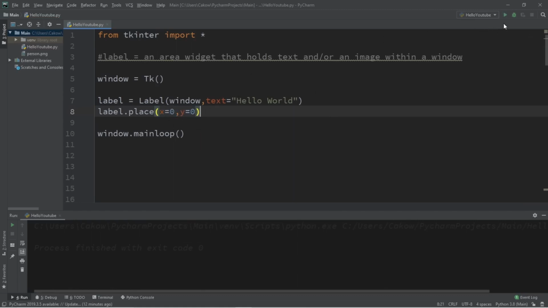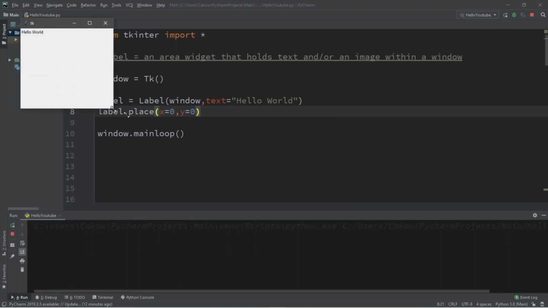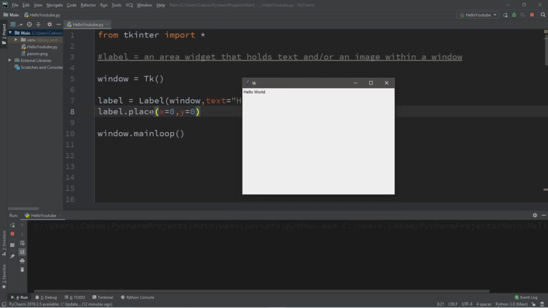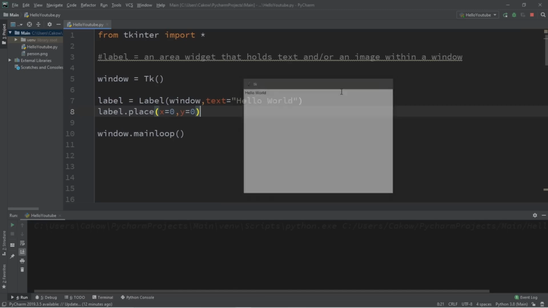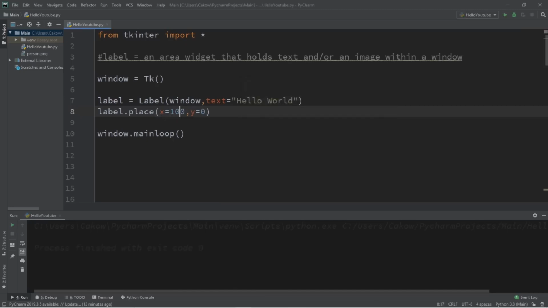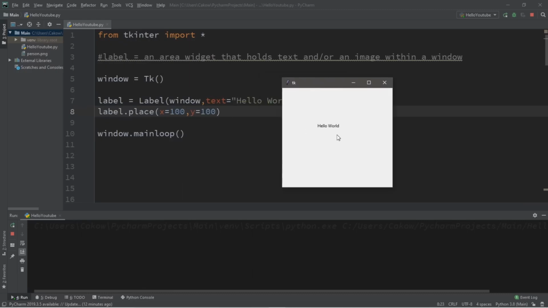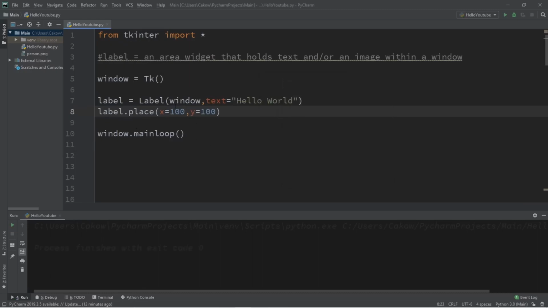So this place function will place our label at some position or some set of coordinates within the window. And with x equals 0 and y equals 0, that will place our widget in the top left corner of the window. And if I were to change these to, let's say, x equals 100 and y equals 100, well, this is going to be placed down by 100 pixels and to the right by 100 pixels. So you can use pack or place. There's a few others like grid, but they're a little more complex, so we'll get to that in a future video. For the time being, I'm going to use the pack function of the label and turn this place function into a comment,